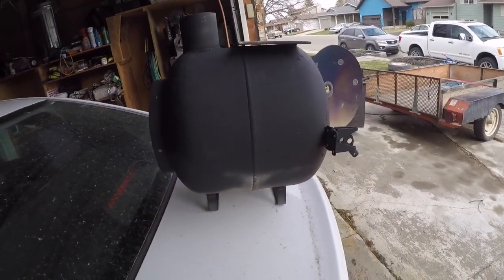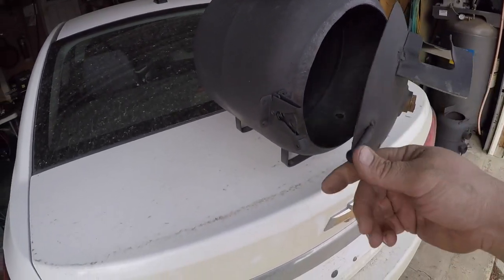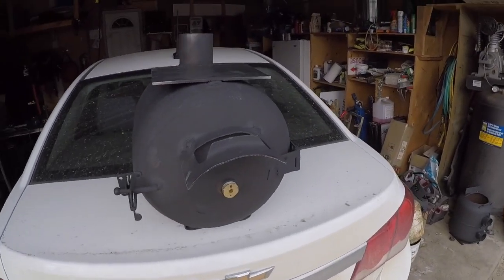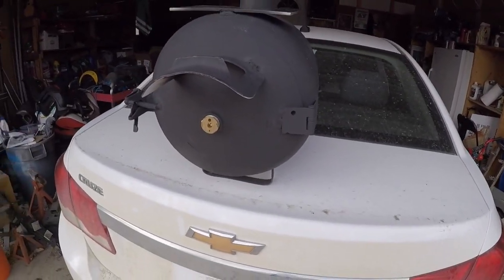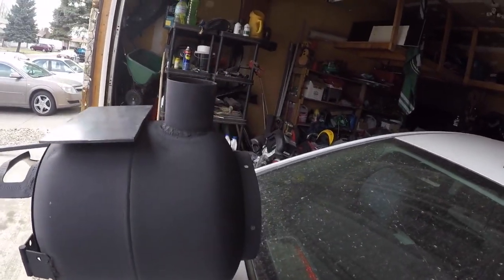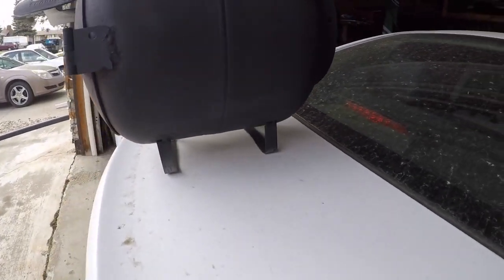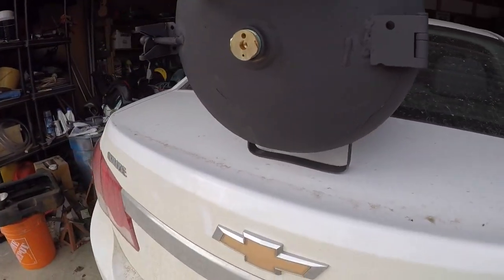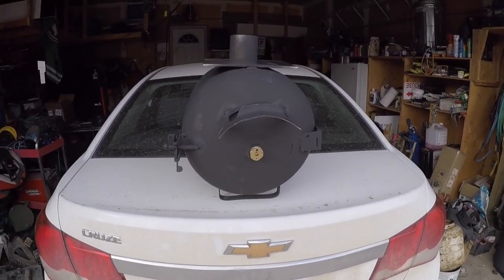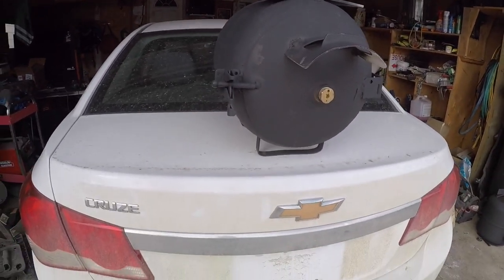And again, all this stuff, you can bolt it on, or you can weld it. I welded it because I got it. If you gotta bolt it, you gotta bolt it. No harm, no foul. But there you go. That's the end of the cheap as hell propane stove. And what it's sitting on is a